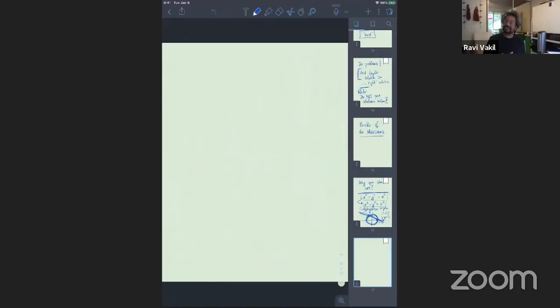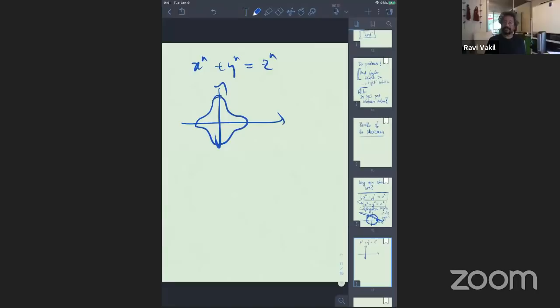Okay, great. So now how about x to the n plus y to the n equals z to the n? Well, you could graph that, and you can get something which looks, I don't know, like this. And so we're looking for rational points here and trying to see that there are only these 4 that are present. So what shall we do? The old trick doesn't work. So what do we do?